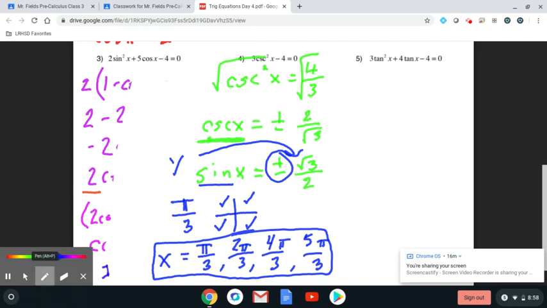All right, last one we're going to go over. Last one we'll talk about is number 5. So on number 5, you have 3 tangent squared x plus 4 tangent x minus 4 is equal to 0. So on this one, since you guys are looking at this equation and you see that you have tangent squared and just a tangent, you don't need to plug in with any identity because those trig functions are the exact same. The only thing that you really need to do is just